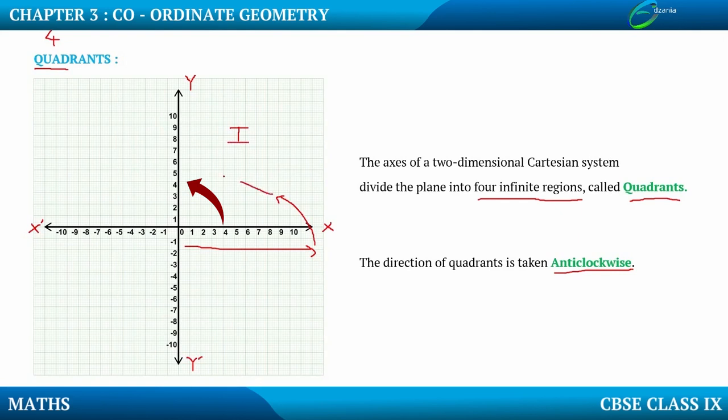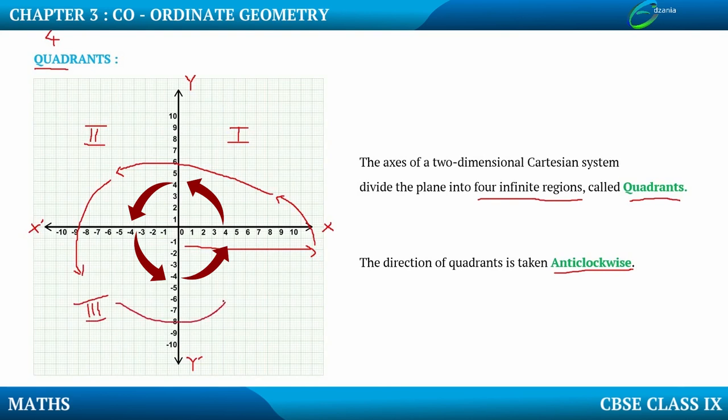Now, if I further continue moving this arrow, I'll reach the second region over here. So the second region is called the second quadrant. If you notice properly, I'm moving in anti-clockwise direction. Now if I further move, I'll reach down over here. Now this region is called the third quadrant. And finally, if I move further, I reach this region, which is the last region,